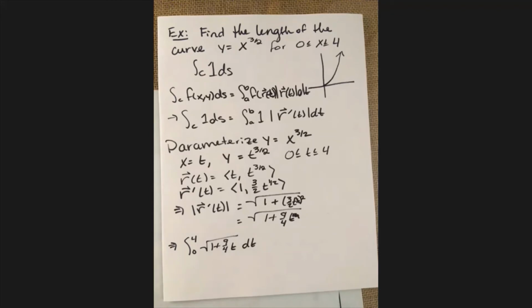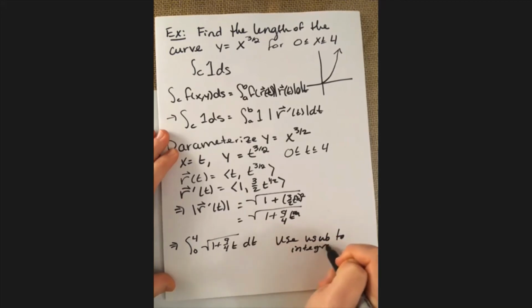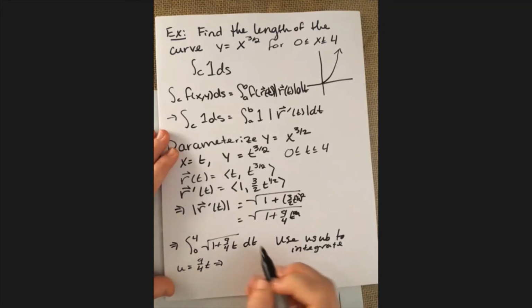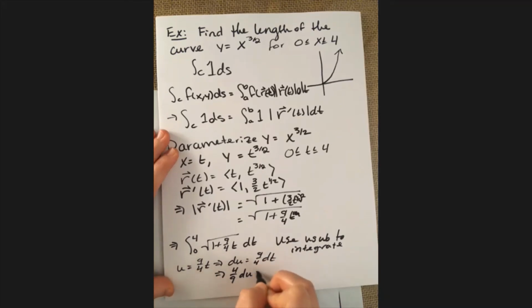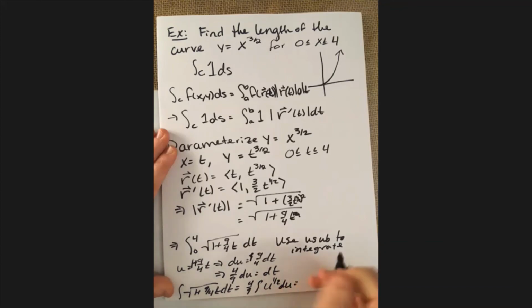You can just use some u sub, and it's really quite friendly. We let u be equal to 1 plus 9 over 4 t, which means that you're going to get du equals 9 over 4 dt. Well, I don't have a 9 over 4 out here, so I have to rearrange. 4 over 9 du equals dt. So my integral of root of 1 plus 9 over 4 t dt is now going to become 4 over 9 integral of u to the 1/2 du,